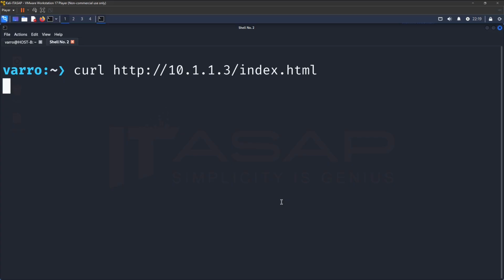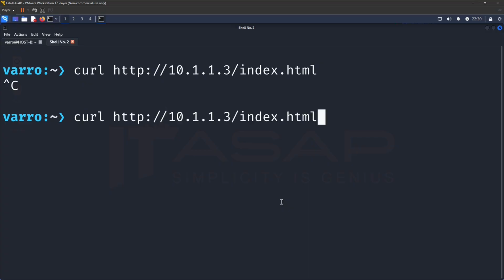And you can see right there, it just hangs. It's not getting anywhere. It doesn't know where to go because host C is on a different subnet than host A, which is the computer we're on right now. So we'll stop this. Now let's run the same command again, except this time we will type the proxychains command